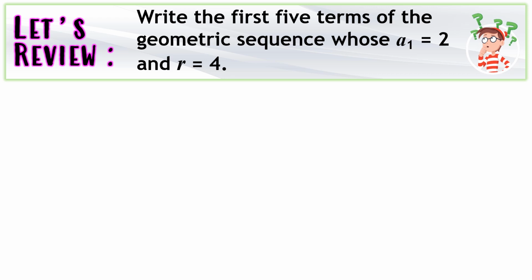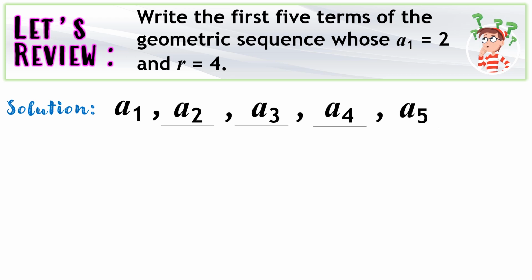Write the first 5 terms of the geometric sequence whose a sub 1 is 2 and the common ratio is 4. So we know to get the answer, we need to illustrate the given sequence. First 5 terms will have a sub 1, a sub 2, a sub 3, a sub 4, and a sub 5. And since given naman ang ating a sub 1, sulat na natin sa pwesto niya, which is 2, and